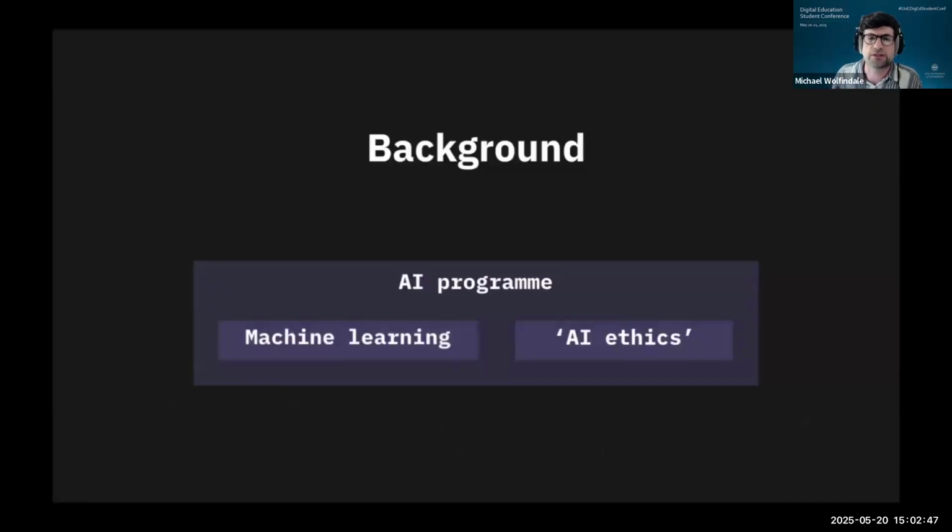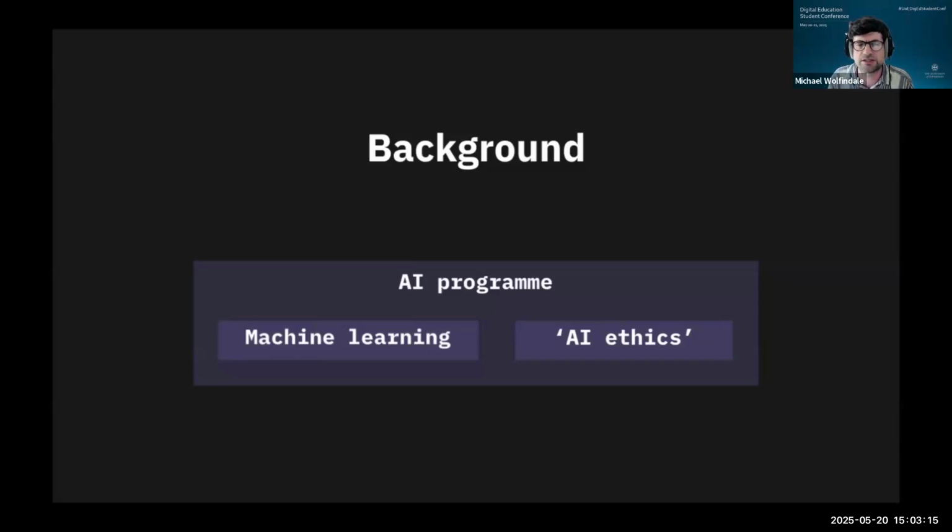So when I started this project, I was working as an educational advisor and working on programs broadly exploring artificial intelligence. And while a lot of the core courses were focused on technical aspects of machine learning, there was also a focus on building responsible AI systems, looking at questions of ethics and so on. So one challenge might be how to explore such ideas with students who perhaps come from a computer science background, primarily, rather than a philosophy or social sciences background.